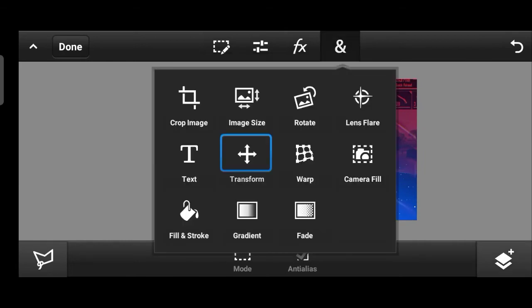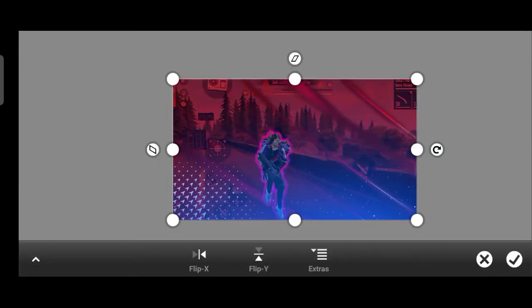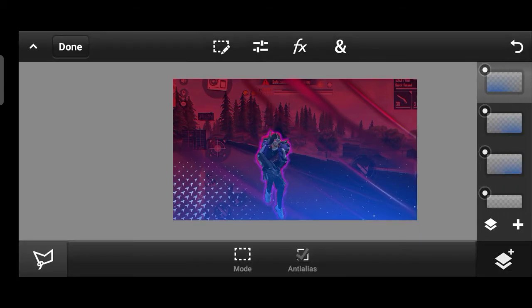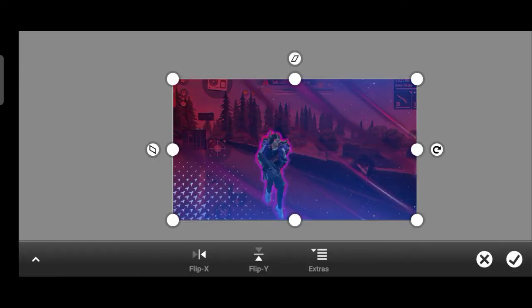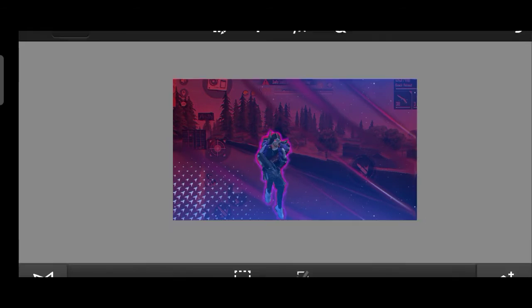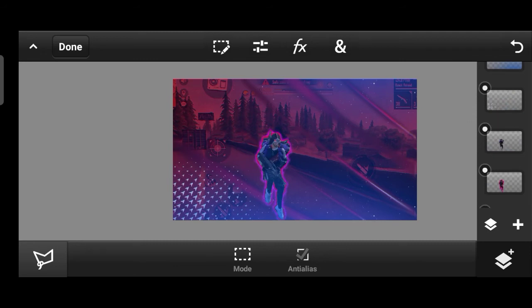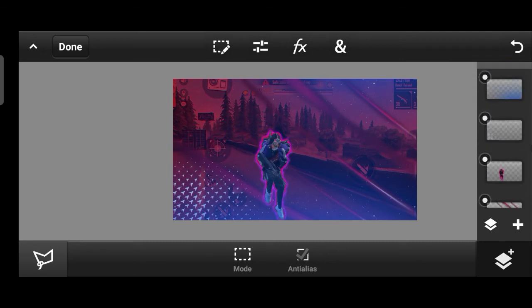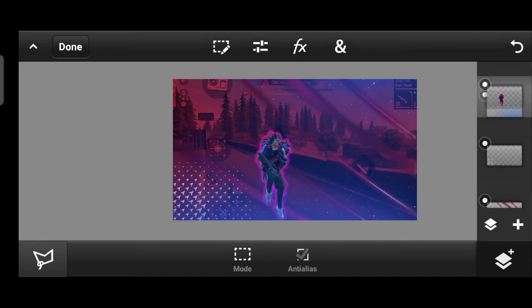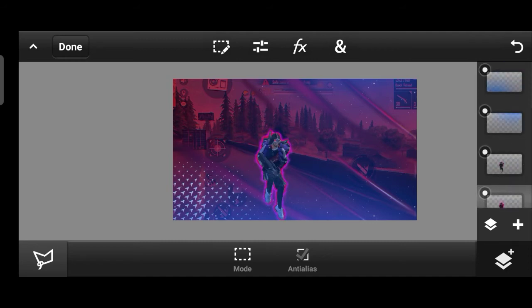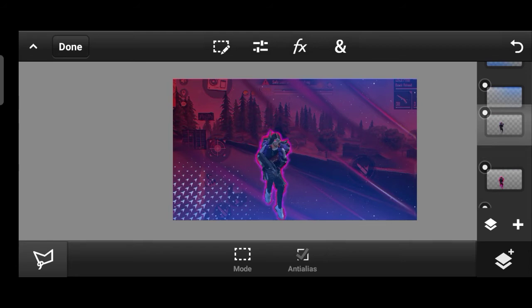So I've added a blue light overlay to it, and I've kept it in 3 different places: left, right, and top corner. So I kept it in the top right corner. Now our character is not visible, so we'll keep our character above all the layers.